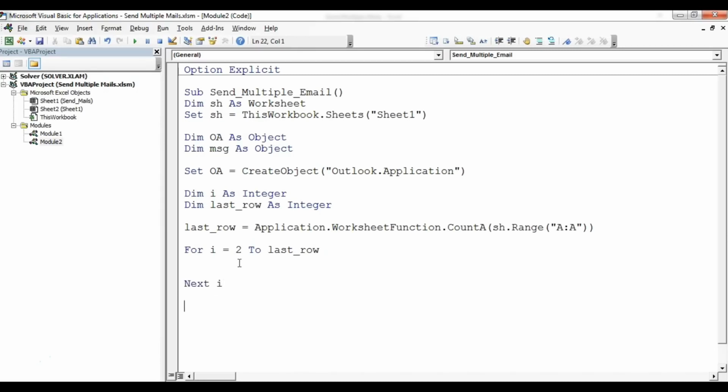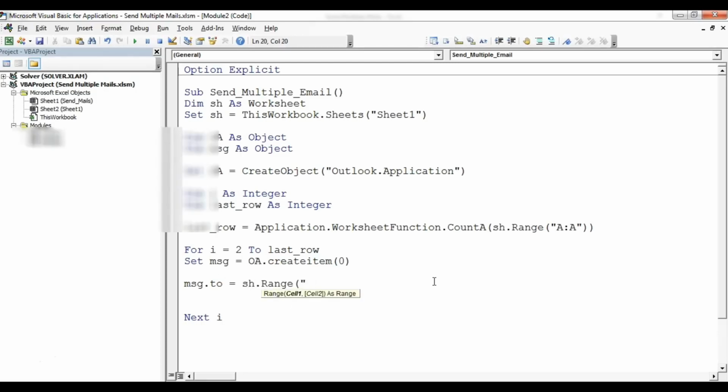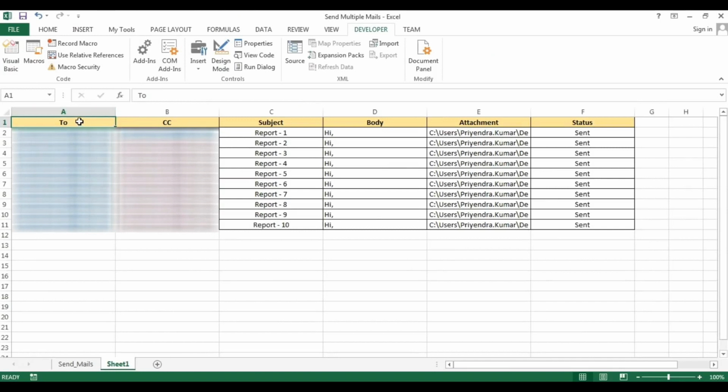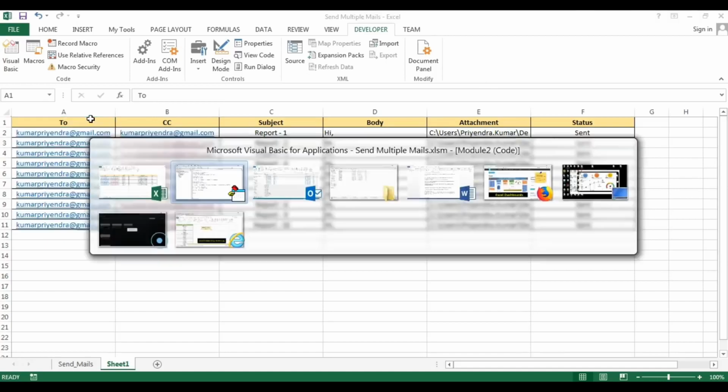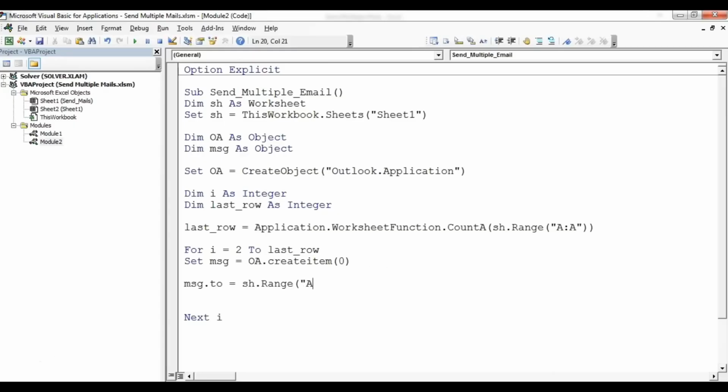Now in this loop, first of all I'll create this message, and then I will use, so we have to put the set before the message, and now I'll use msg.To equal to ss.Range, and then you can see in two columns I'll give, for first email I'll give A2, then A3, then A4. So first of all I'll give A2, that means I'll use A and i. Every time when the value of i will be changed, it will pick the dynamic value from there. So .Value,